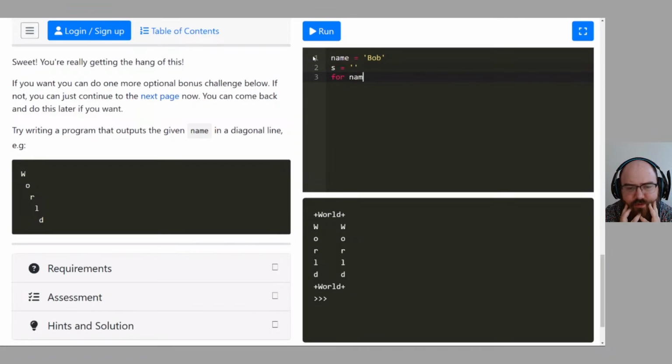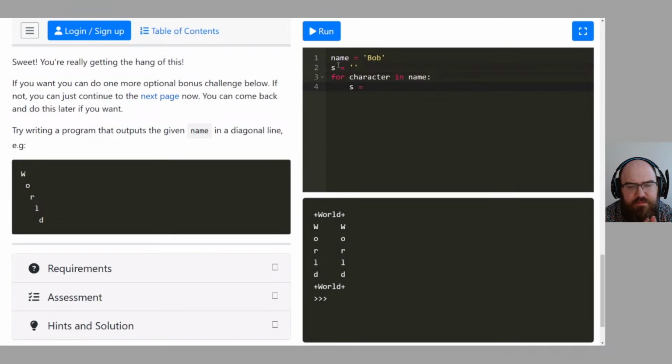For each character in name. Now s equals s plus character. Not character, I said add a 5. The character 5? Yeah, just the character 5.